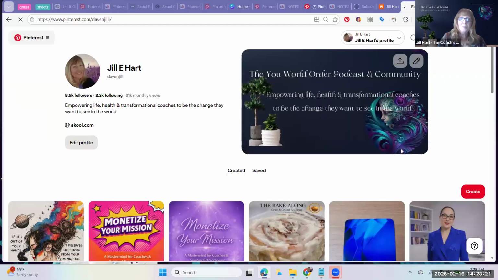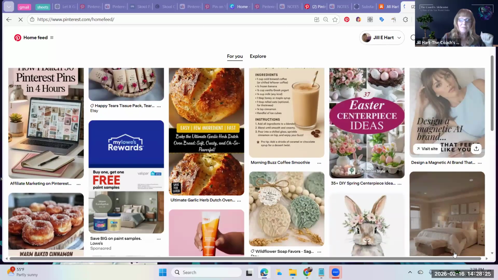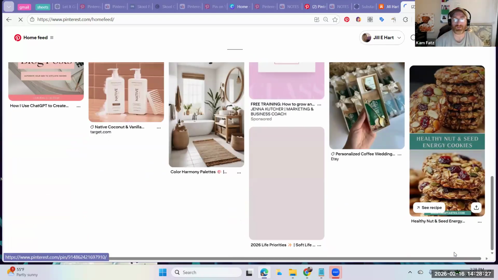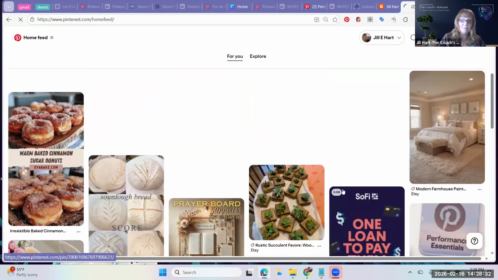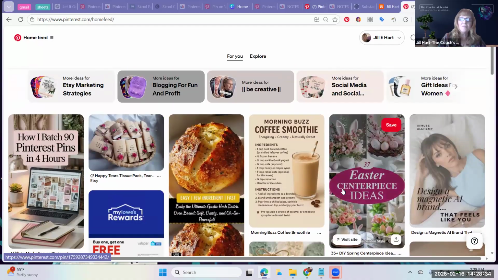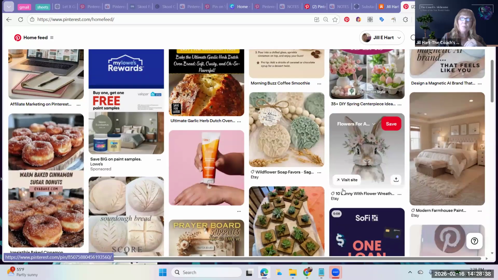Yeah. Most people, when they come to Pinterest, this is what they're seeing. Pinterest will just give them stuff that they think they'll be interested in, mostly based off the stuff that they were already looking at or posting about.